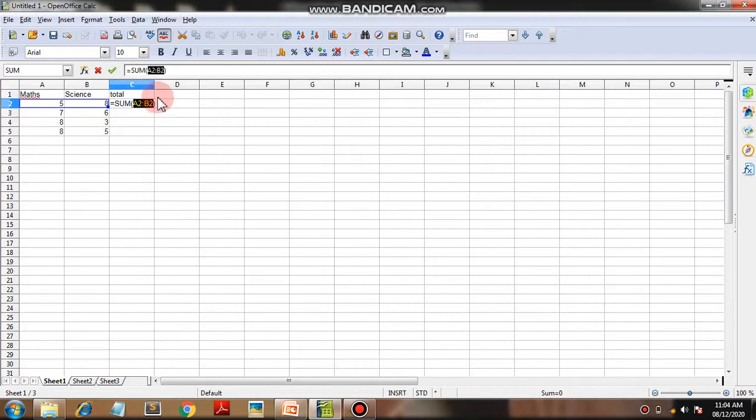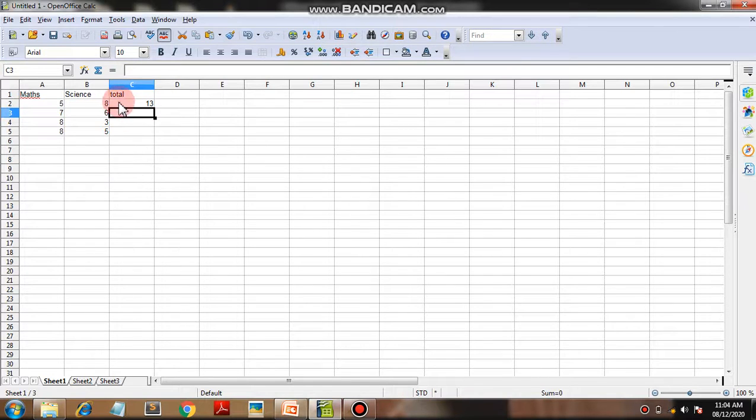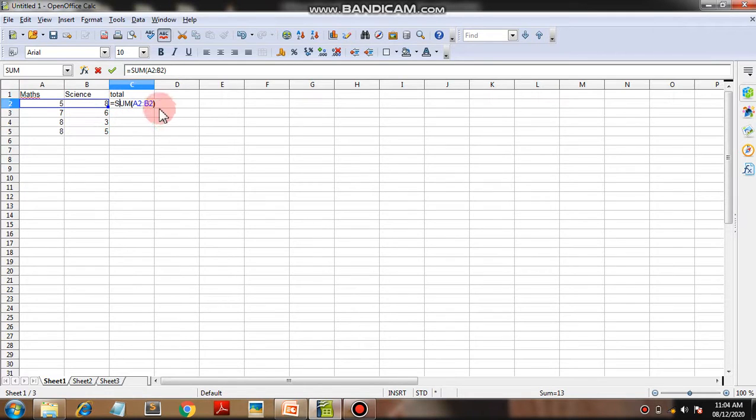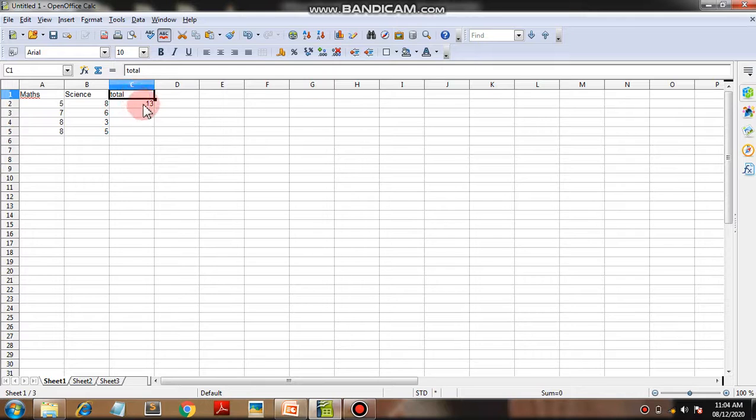First of all, see, we apply a formula here: equal to sum A2, meaning marks of 5, and B2, there is an 8, then the addition of 5 plus 8 is equal to 13. By default the formula is applied, drag that.